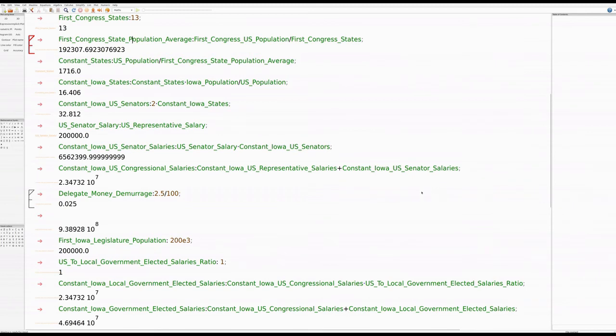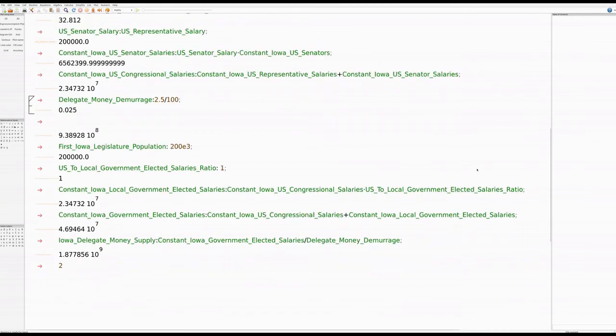As I described earlier, if we view civilization as a service provided by government, then we have about a 2.5% per year on the overall property values. When the first Iowa legislature was formed, Iowa had a population of about 200,000. If we relatively arbitrarily set the U.S. to local government elected salaries ratio of 1,